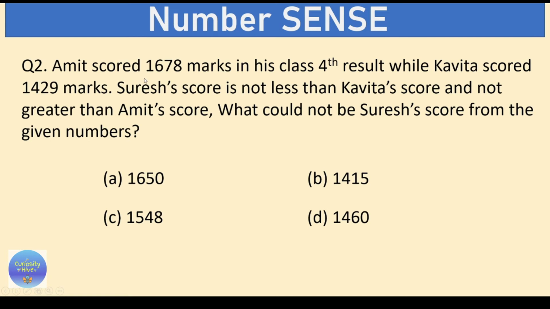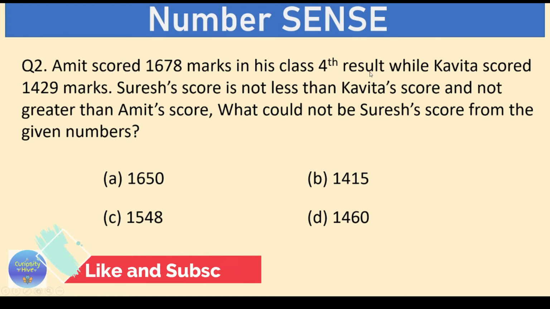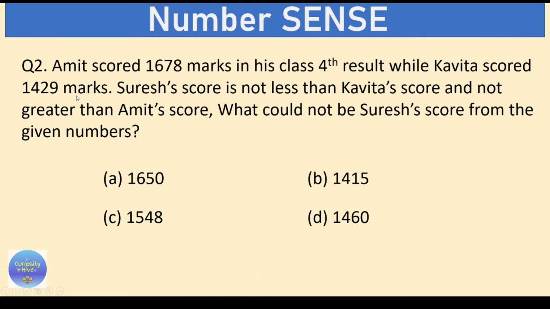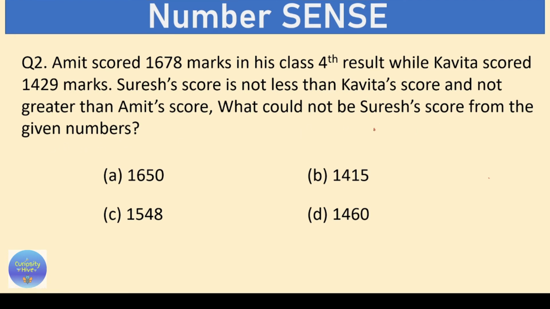Amit scored 1678 marks in his class 4th result, while Kavita scored 1429 marks. Suresh's score is not less than Kavita's score and not greater than Amit's score. What could not be Suresh's score from the given numbers? So let's first write Amit here,